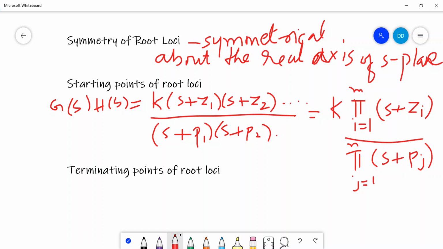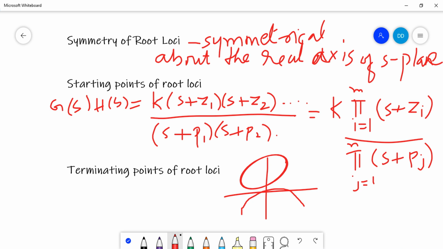Squares, the root loci are symmetrical about the real axis of the S plane. That means, say if we have an S plane, if we construct the root locus of the upper half, then the bottom half of the root locus can be its mirror image of the upper half. That is what symmetrical about the real axis of the S plane is. The second